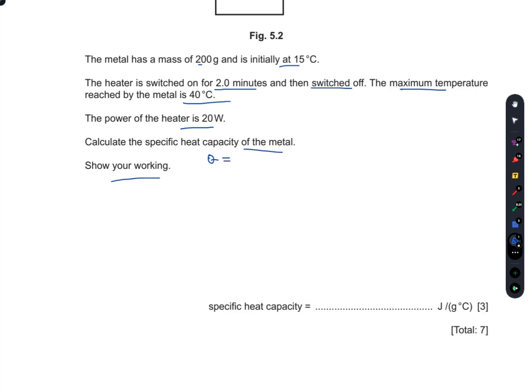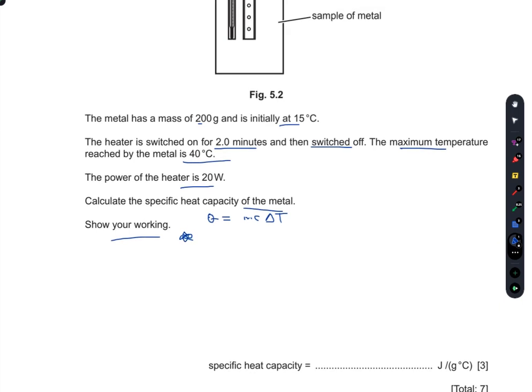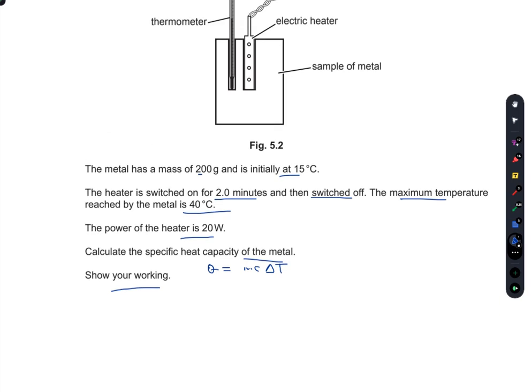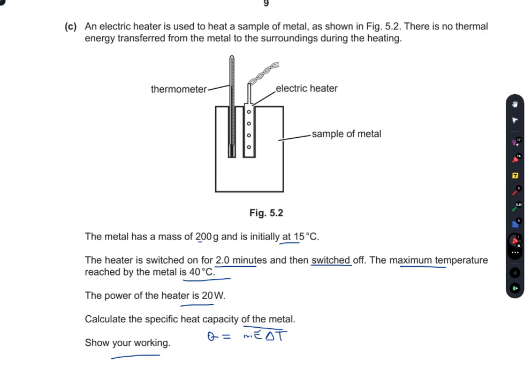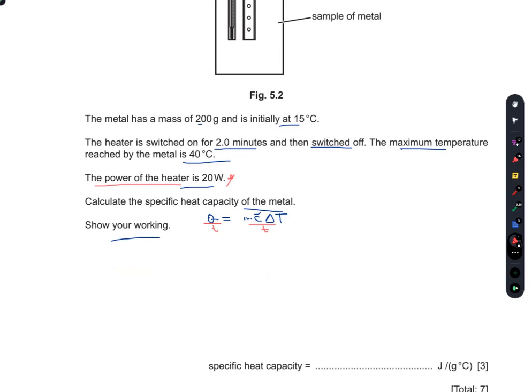So the formula for the specific heat capacity is Q is equal to mc delta T. So Q is equal to mc delta T. Now I have to find the value of C. So let me change the colors, please. We are not directly provided the energy here. We are being provided the power of the heater. So if I divide this by time on both of the sides, it will not make any difference, and energy divided by time becomes power.